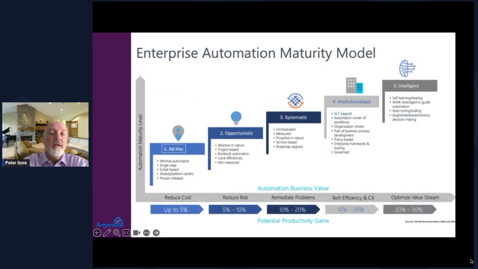So the maturity model that we talked about, for those of you that were on previous calls, you will have seen this before. But the idea here is to be able to drive up this maturity model, which will then start allowing you to see those OpEx and CapEx savings as you rise up through the maturity model. In my experience dealing with all the customers that I was working with when I was at Cisco, most customers even in today's day and age are around about a 1, low 2, right? So they're still in an ad hoc fashion.